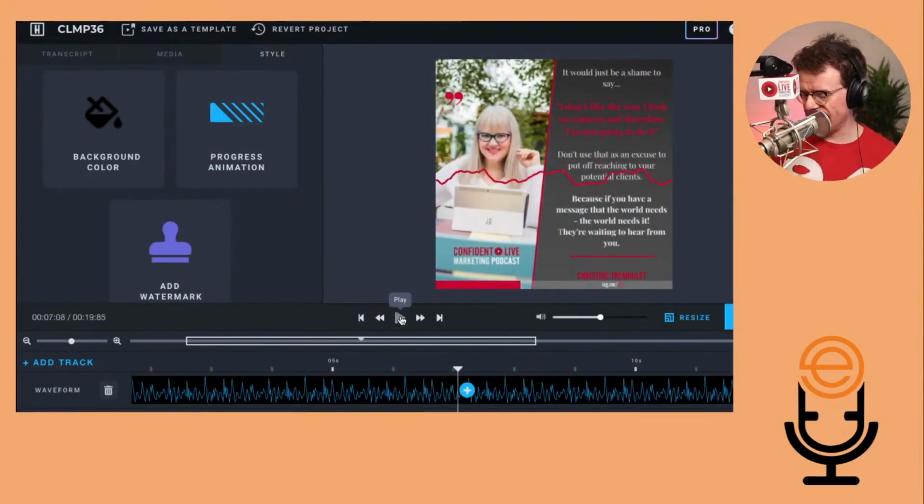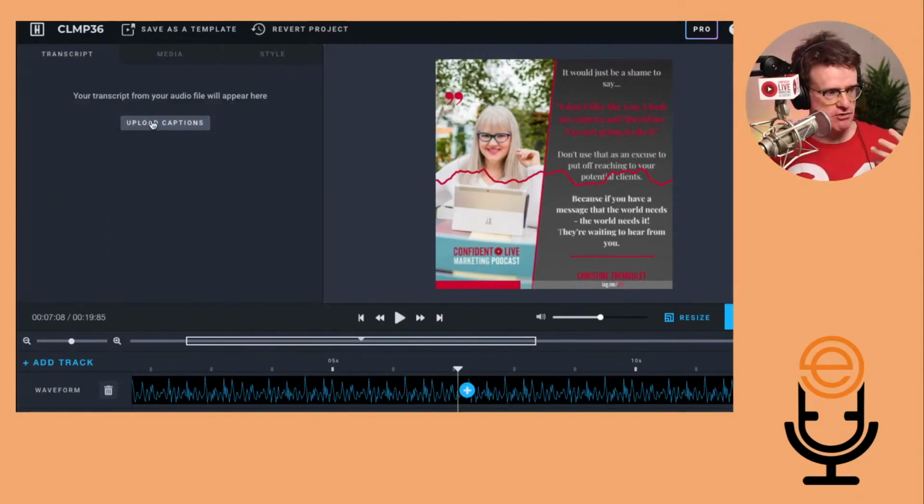So there you go. That's one way of using Headliner, just by uploading your audio, and then we can put some audio visualizations on there as well. And of course, you could also put the text on there. Headliner will actually transcribe the text for you, or you could use a service like rev.com, which I love, and upload that into it there. So I could upload my captions directly onto Headliner. That works really, really well. I love Headliner. It is absolutely awesome. I use it all the time, basically.